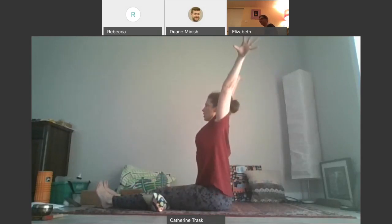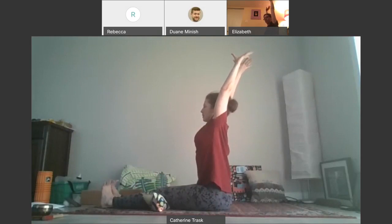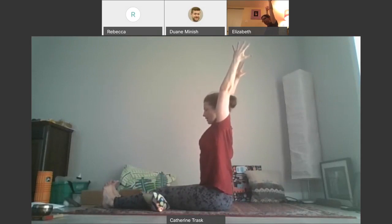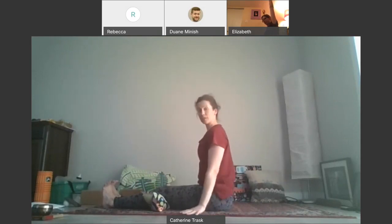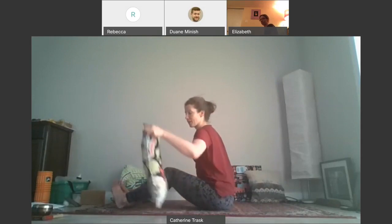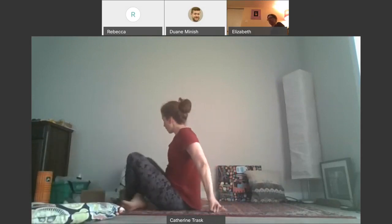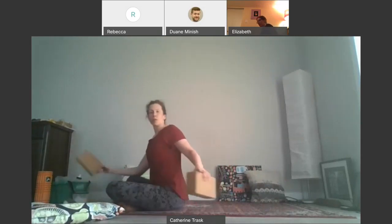Take a big reach up towards the ceiling with our arms in this Dandasana, staff pose. Pull back, long legs. And then we can bring our arms down. We can say goodbye to the prop that's under our knees. We'll take a few breaths in a supported fish pose. Supported Matsyendrasana,